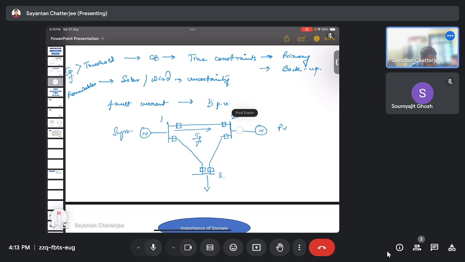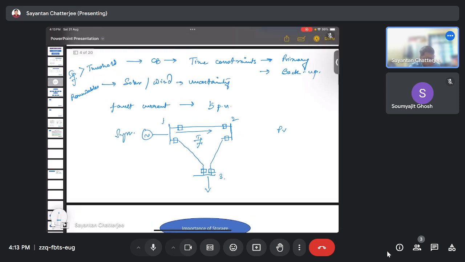So the problem here becomes, suppose the fault current was previously, let's say, IF1. For the time being, let's forget that we have the PV generating plant here. Let's omit this case. Considering only the synchronous generator in place, if a fault occurs here, and the fault current that passes through this fault location is IF1 from this side, there would be another fault current which would also move on from this side. So the issue is that now, with the PV in place,